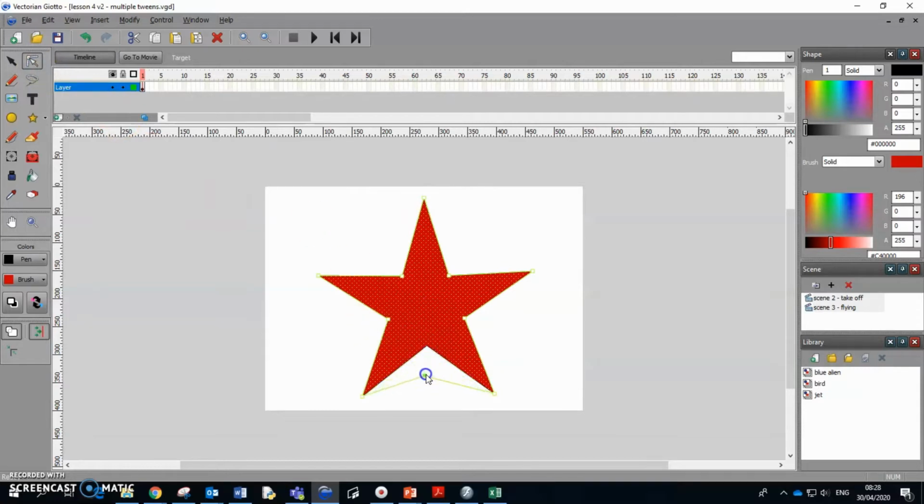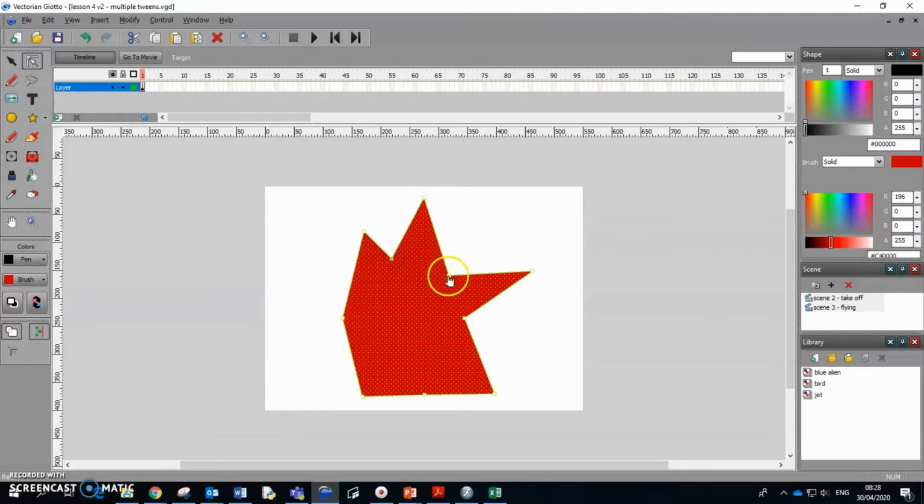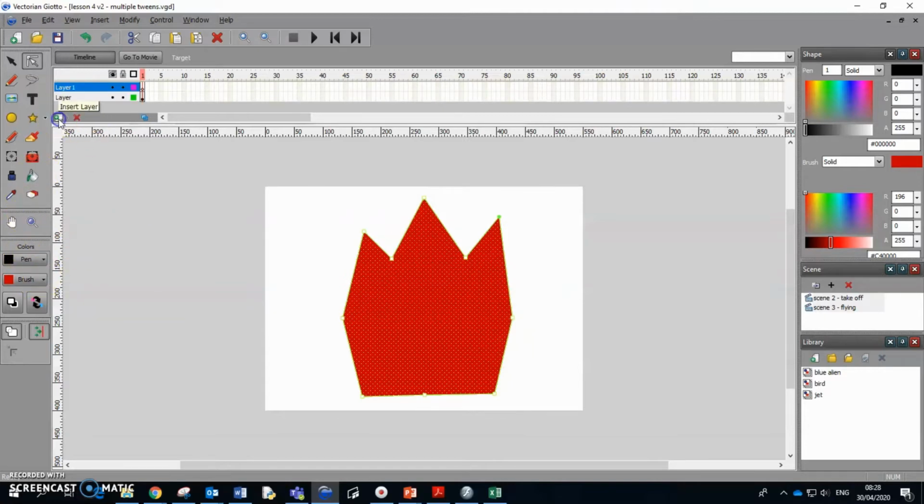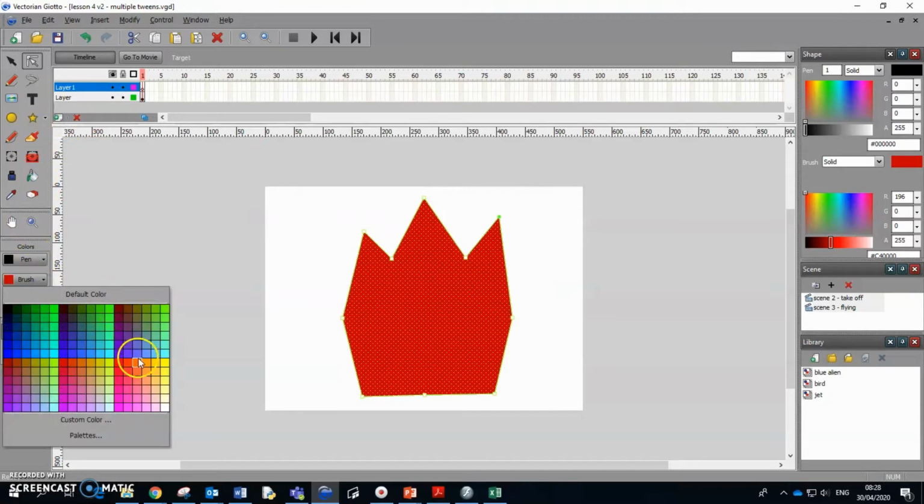Now, I'm going to distort this shape by moving those green squares representing the corners of my shape, and just moving them, and that's how I distort and create that jet engine. Let's add more layers, change colors,